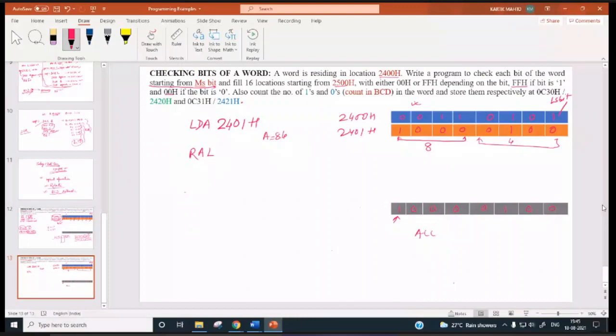RAL stands for rotate all. What do you mean by this rotate all? So accumulator content, this one is D0 bit, this one is D7 bit. So it will rotate all bits left.